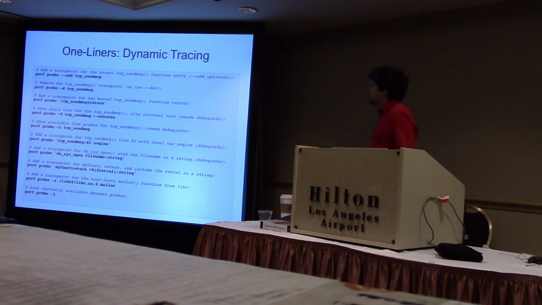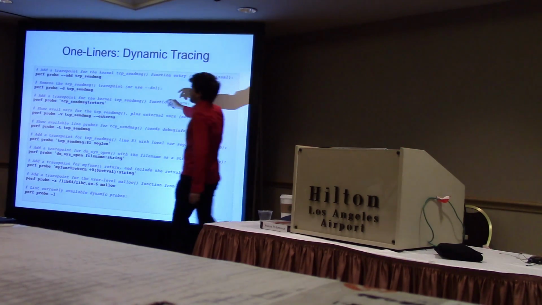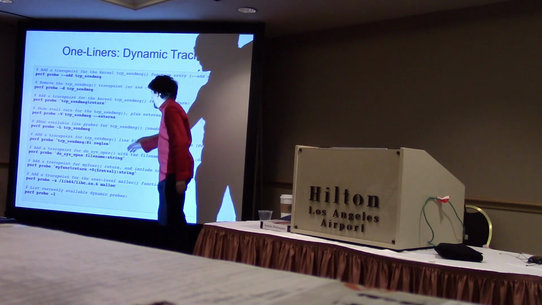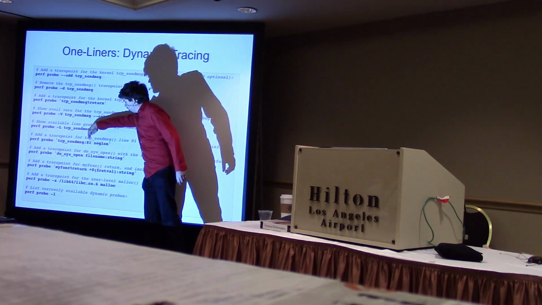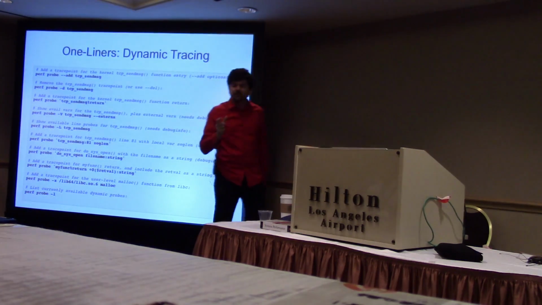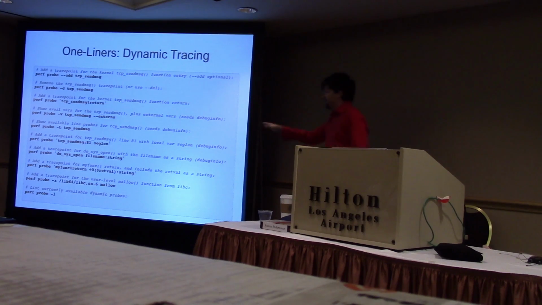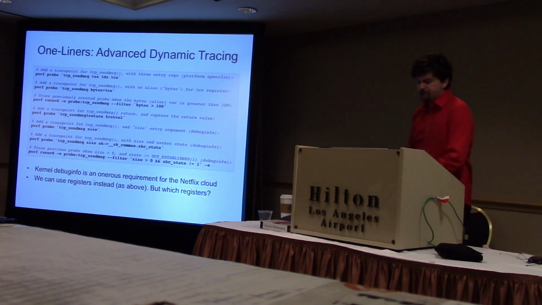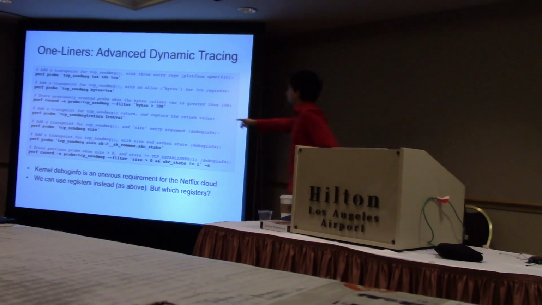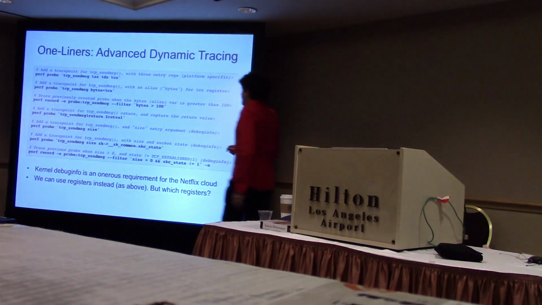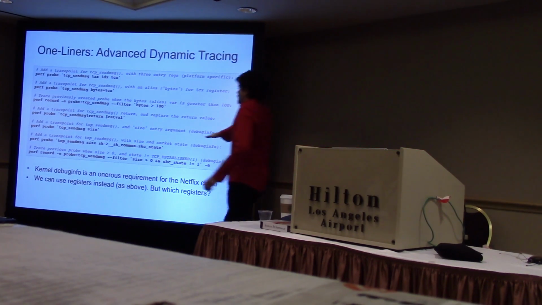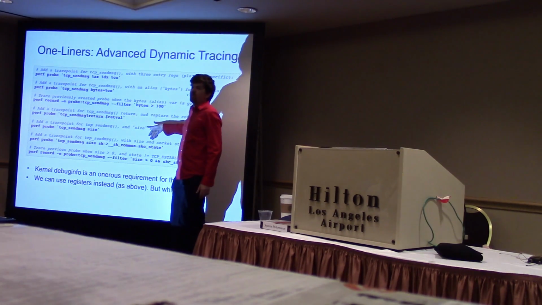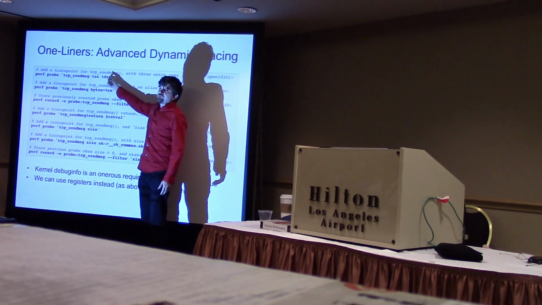I've got other examples of dynamic tracing. This time I can say, create a probe point for TCP send message. And I can do things like, there's the return probe. I can trace individual lines and also members, field members, so long as I have kernel debug info. At Netflix, we often do. So perf events is really capable. I can go and do dynamic tracing as well. And I've got some advanced examples here where I'm actually walking through kernel structs. So we can't use the advanced stuff very much at Netflix, because you need kernel debug info so that perf knows how to walk kernel structs. We can use this stuff because registers work.